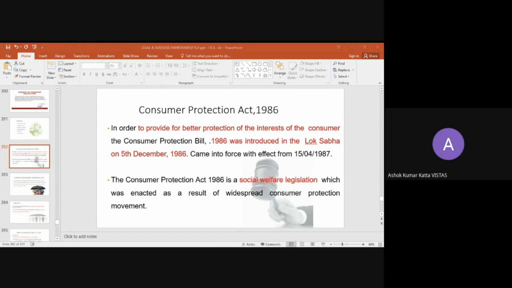Now, what is this Consumer Protection Act? What is the benefit for the consumers by implementation of the Consumer Protection Act in India? According to the Consumer Protection Act 1986, it is a social welfare legislation, and this was enacted and came into force, so that hereafter